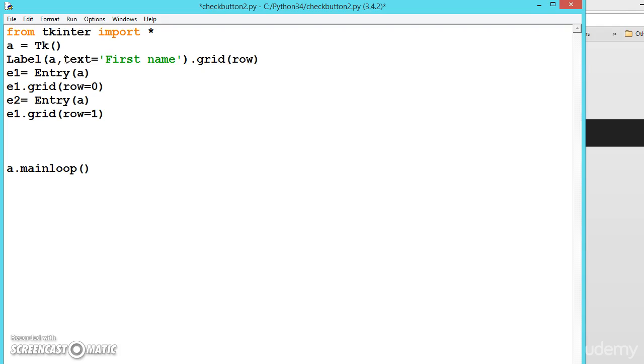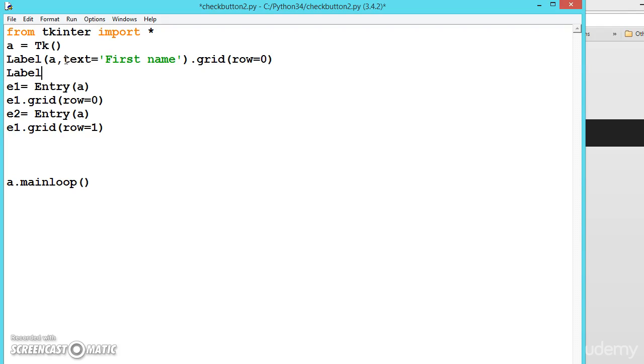This one we will be putting first, that's why row is equal to 0. And then label a, comma, text is equal to, let us say, last name, dot grid, row is equal to 1. So we are not creating any object of this class, don't worry about that.